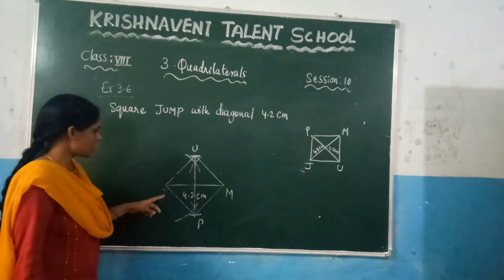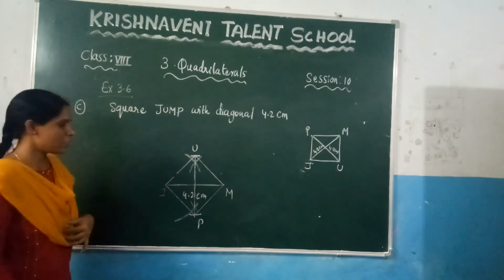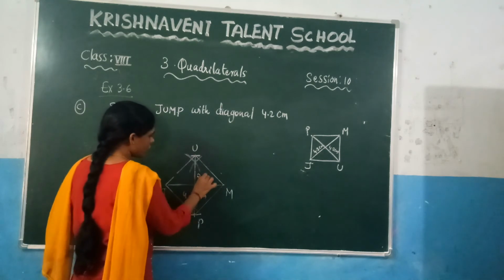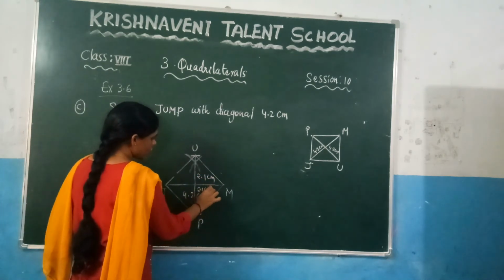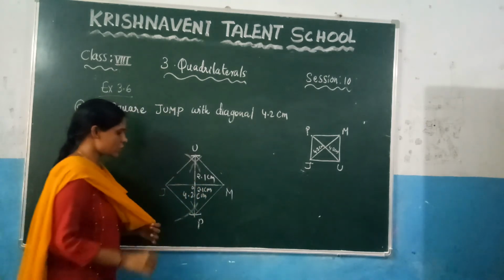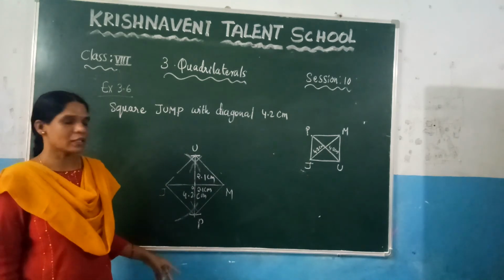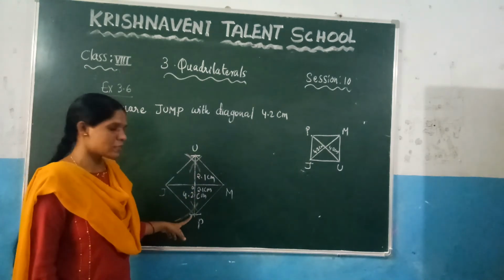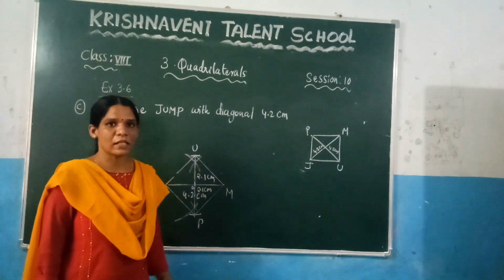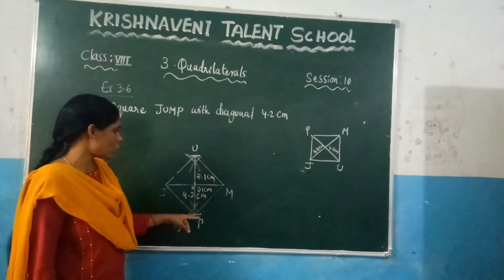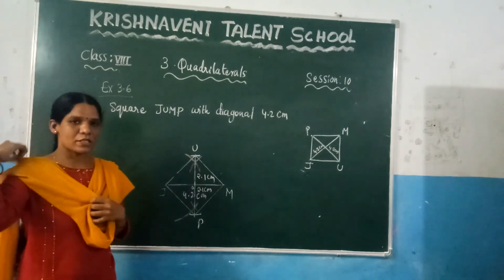You can observe that the name of the square given is JUMP. First what we have done here, this length is 2.1 centimeters, and similarly this length is also 2.1 centimeters. So first you need to draw the diagonal, and after that you have to draw the perpendicular bisector. After drawing the perpendicular bisector, see the length of the other diagonal and make it into half and draw two arcs and join them so that you will get the required square. This chapter is completed.